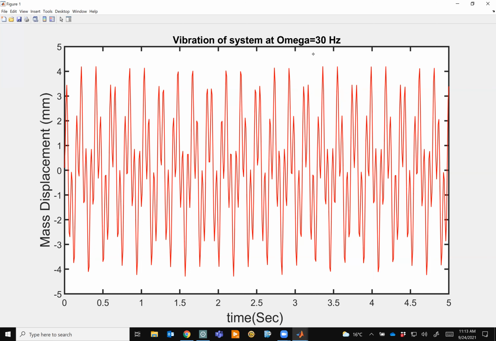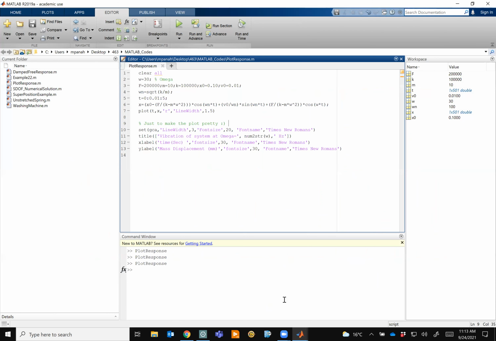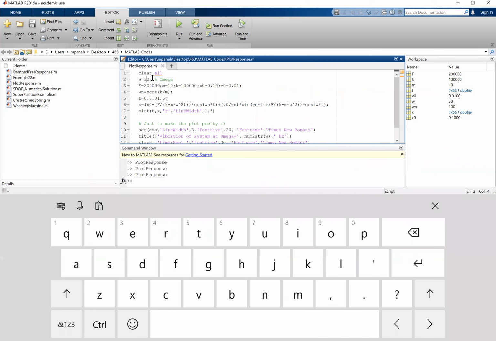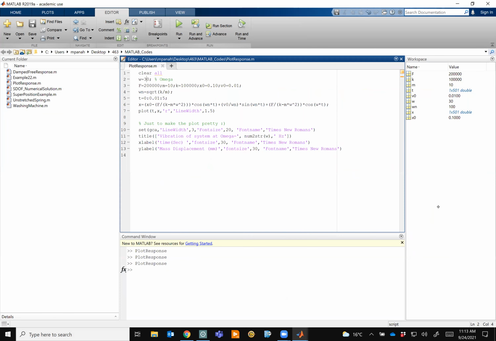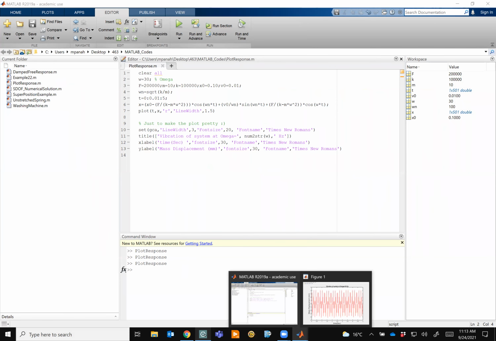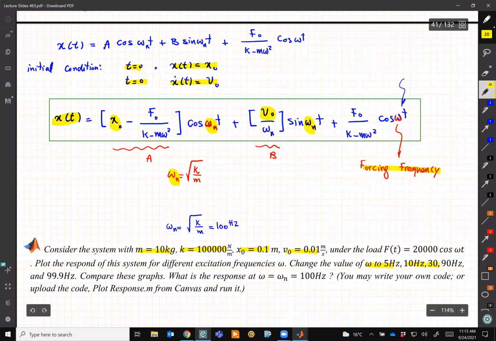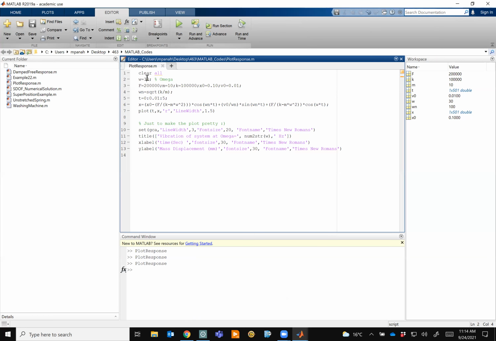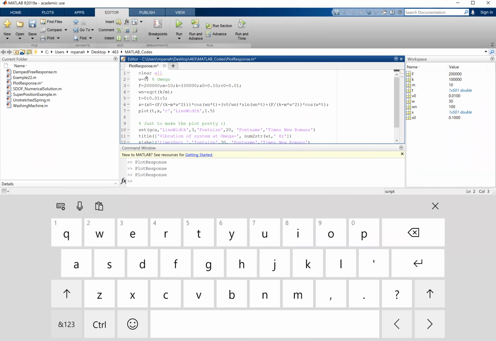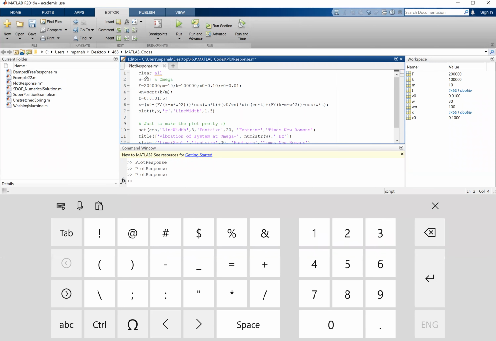You can still see those peaks up and down, but it's not really as easy to distinguish as when we had a very low frequency, for example, when I had 5. Then the next suggestion is to try a frequency of 90 hertz. Let's try 90 hertz. So if I go with 90,